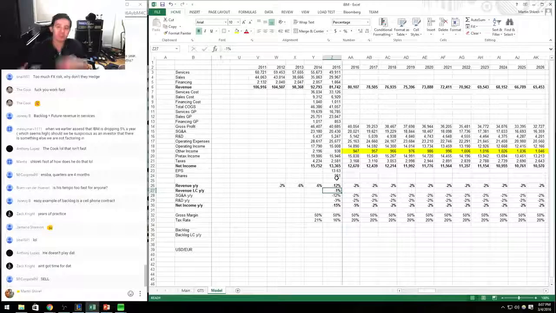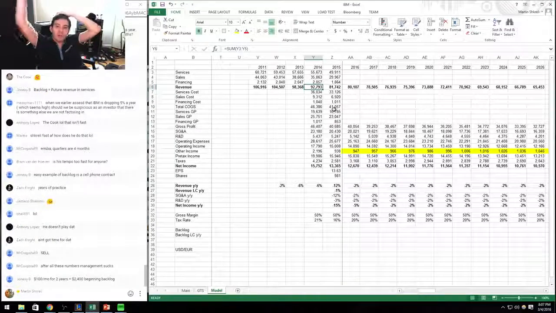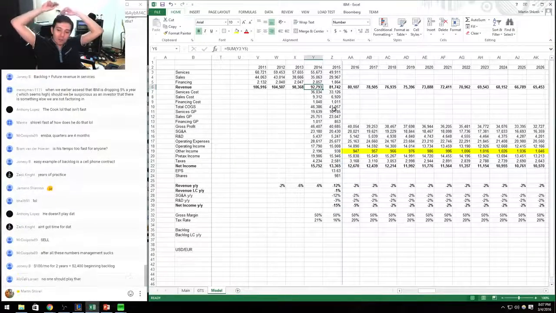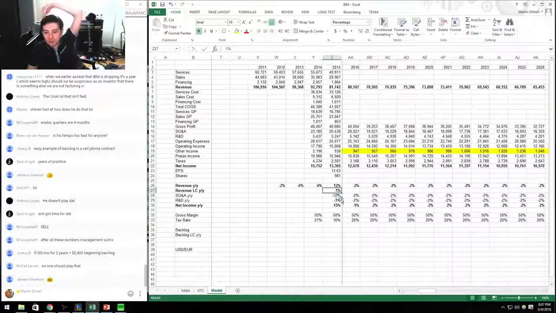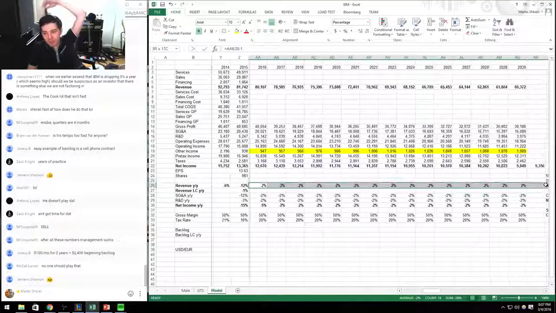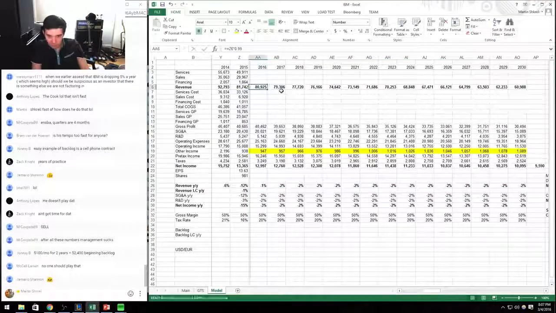What's a divestiture? It's when you sell a business. So obviously, if you sell a business in 2015 or in 2014, you're not going to get the revenue that you were getting from that business anymore. You're going to get cash instead. And if you decide to sell one of your businesses, like I know they sold their PC business to Lenovo, the laptop business, you're not going to be able to book your revenue anymore. But you have to exclude that out if you want to think about what's going to happen in the future, right? So if they're only going to shrink by 1% in the future,